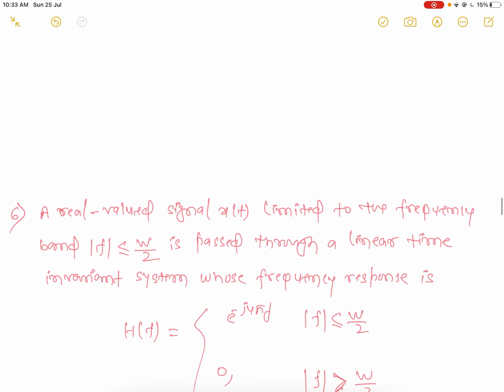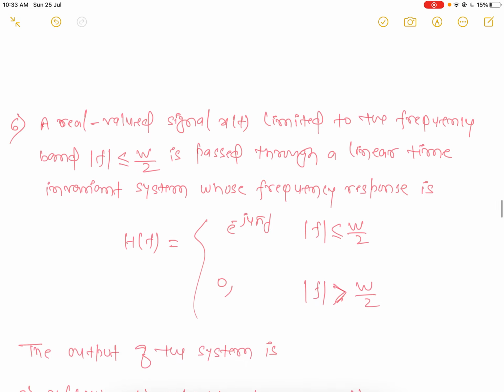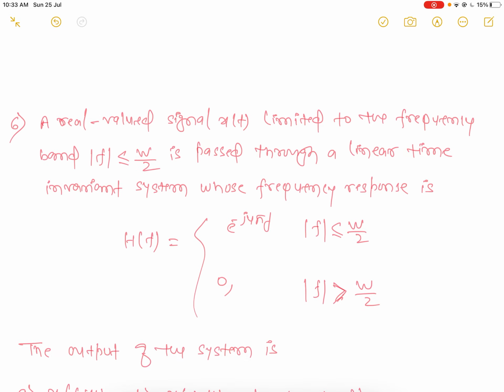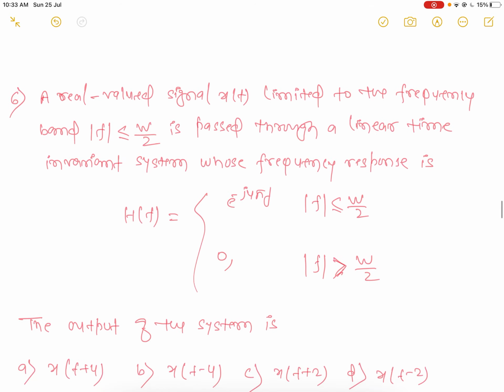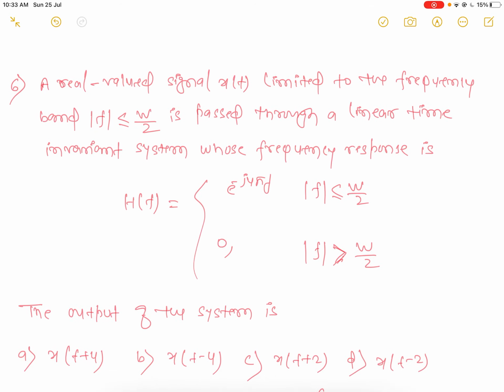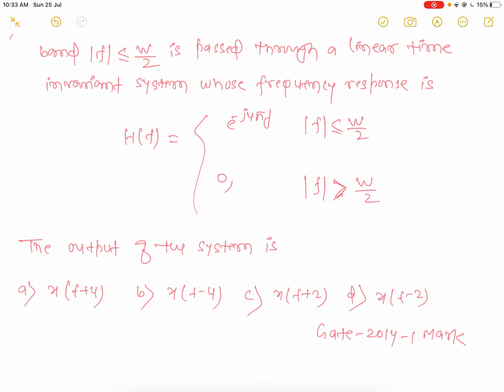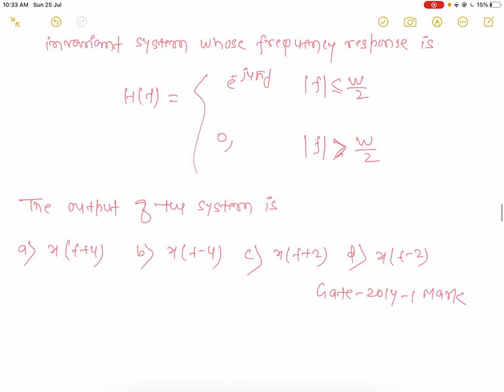Now let's come to the next question. Question number 6. A real valued signal xt limited to the frequency band mod f less than or equal to W by 2 is passed through a linear time invariant system whose frequency response is Hf equal to e to the power minus j4 pi f for the frequency band mod f less than W by 2, and equal to 0 for f greater than W by 2. The output of the system is, okay,